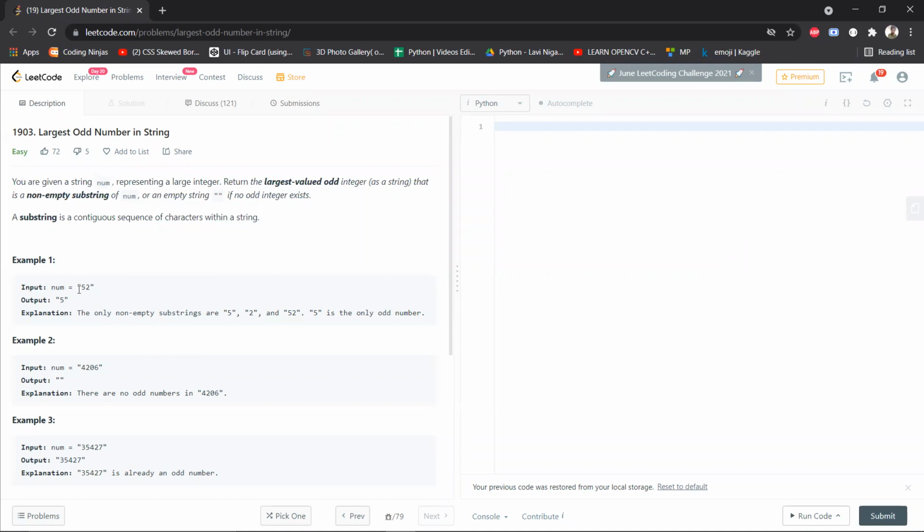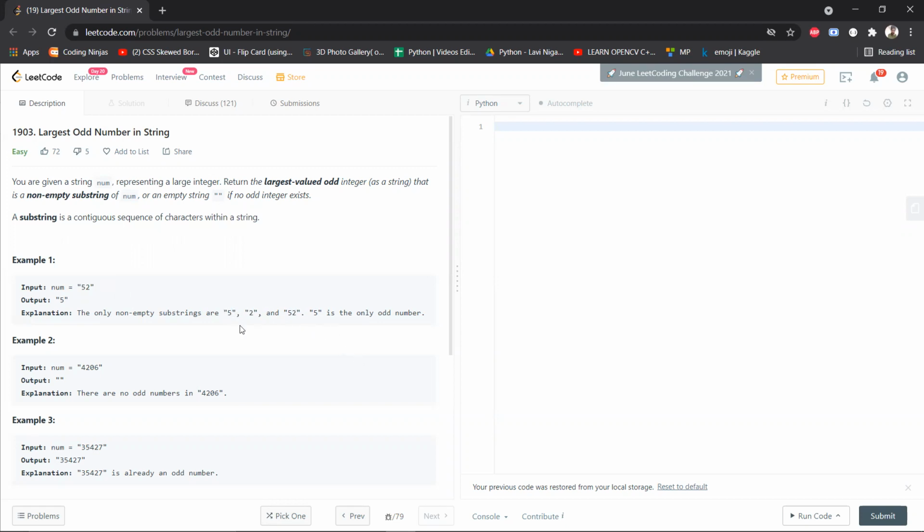You are given a string number, which contains numbers only, forming a big number, whatever it can be. Now this string can have substrings. A substring is a contiguous sequence of characters within a string. So the substrings of 52 can be 5, 2, or 52.